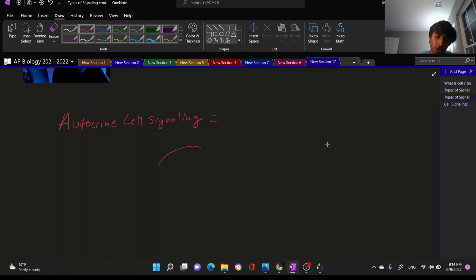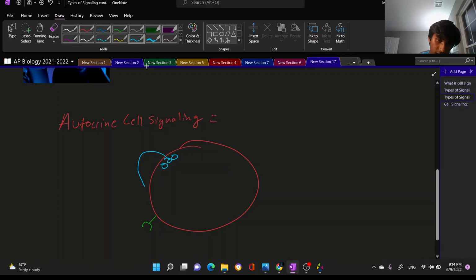So pretend that's a cell, it passes on a ligand, and this binds to the receptor on another part of the surface of the cell. So pretend this ligand moves all the way over here and actually binds to this receptor on the other side of the cell, and this ends up creating a